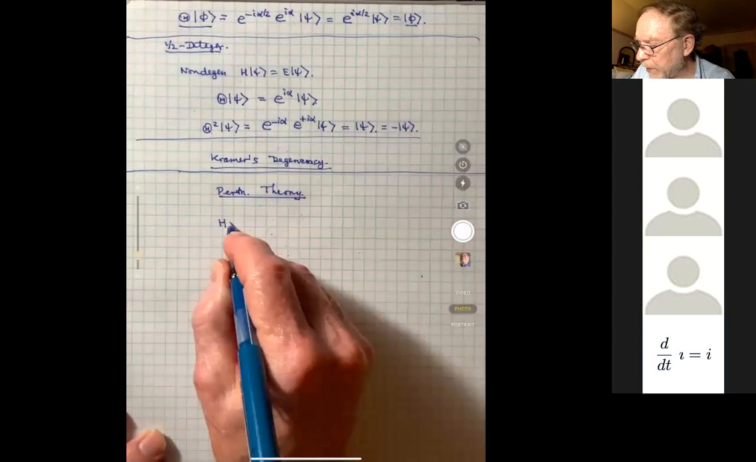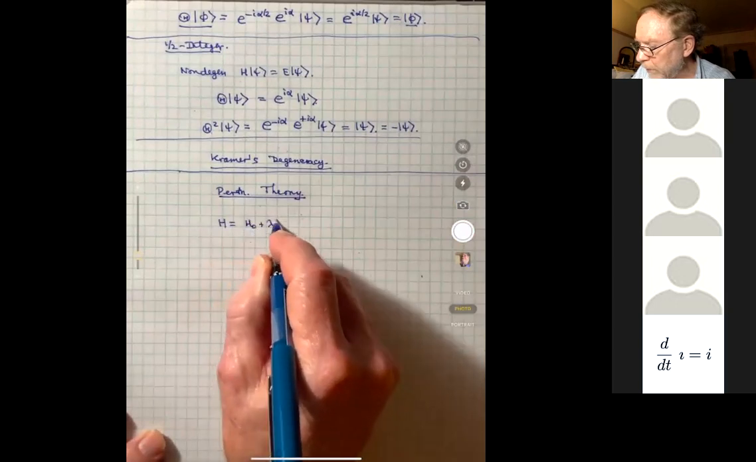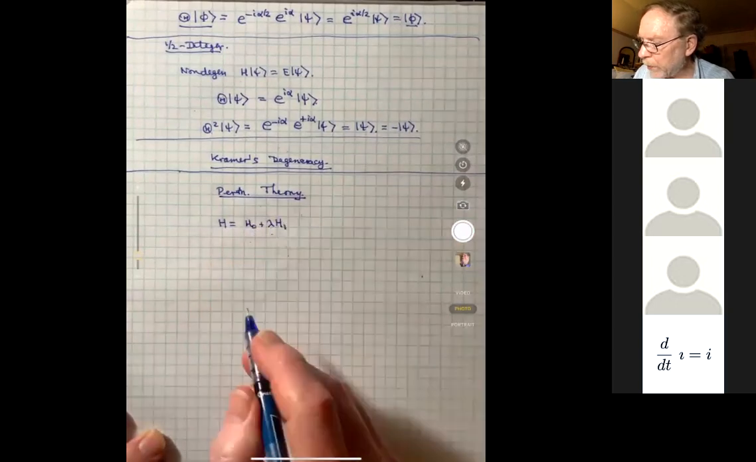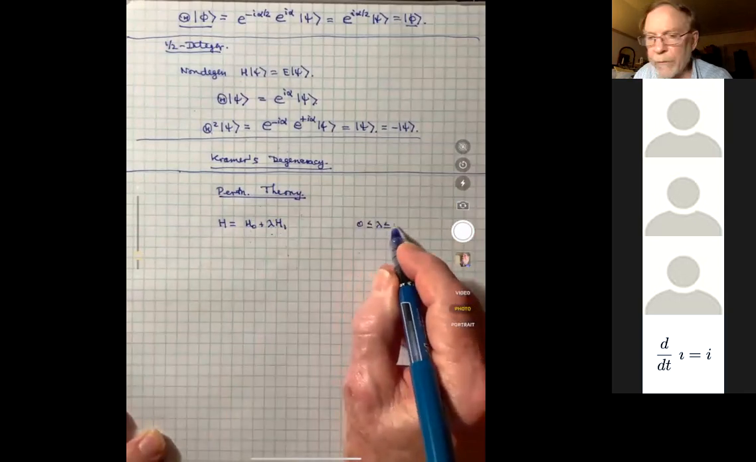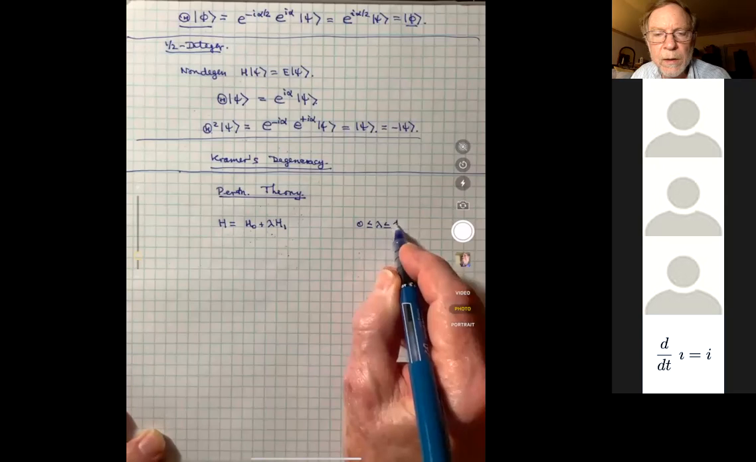Let's write the Hamiltonian as H0 plus lambda H1, so that H1 is the perturbation and lambda is a parameter that we allow to vary between 0 and 1